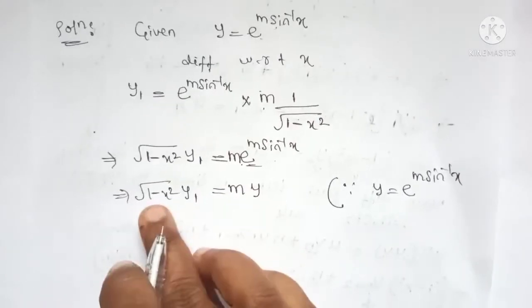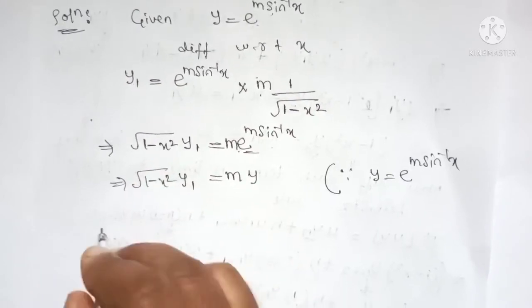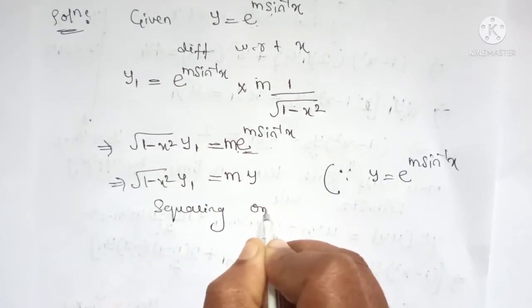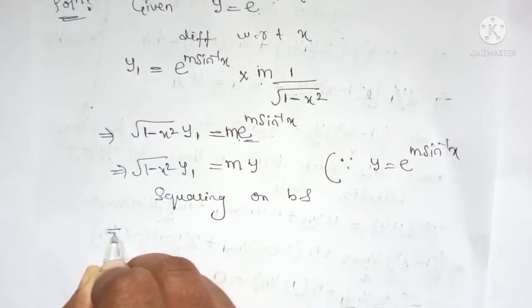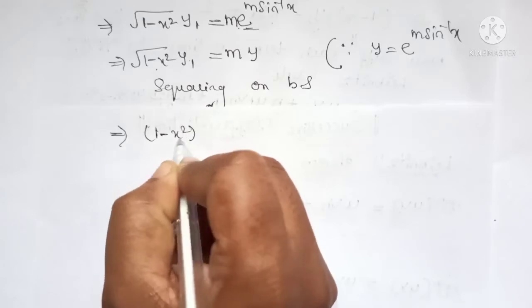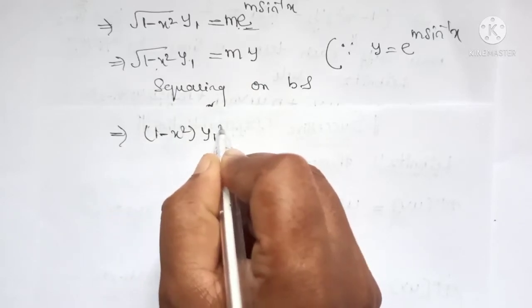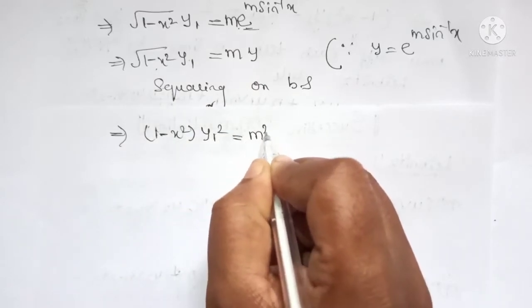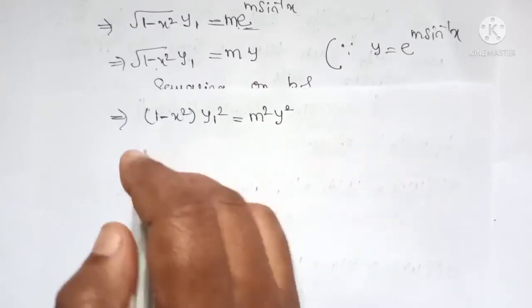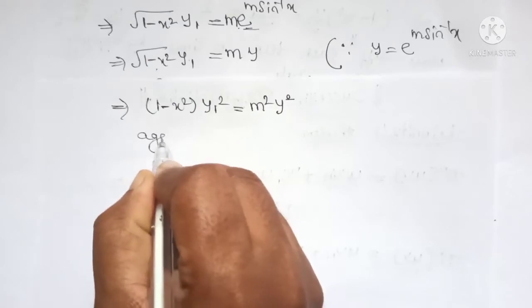So now we remove this root, therefore squaring on both sides, the square root cancels, we get 1 minus x square y1 square equals to m square into y square. Okay, now differentiating again